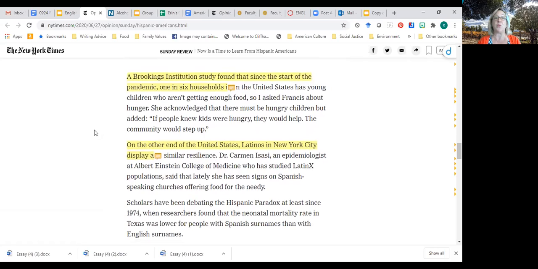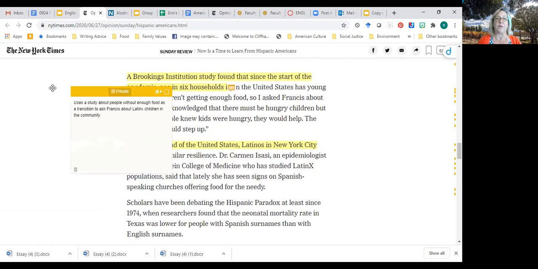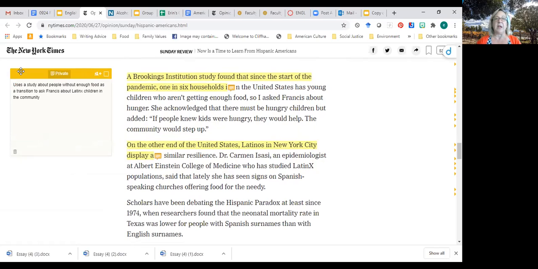And so right here, he's gonna show some more, and he adds some evidence that since the start of the pandemic, let me move this note over to the side. Since the pandemic, 1 in 6 households in the US has young children who aren't getting enough food. And here's a good detail. The Brookings Institute, he doesn't provide a hyperlink, but he's naming where he gets that evidence.